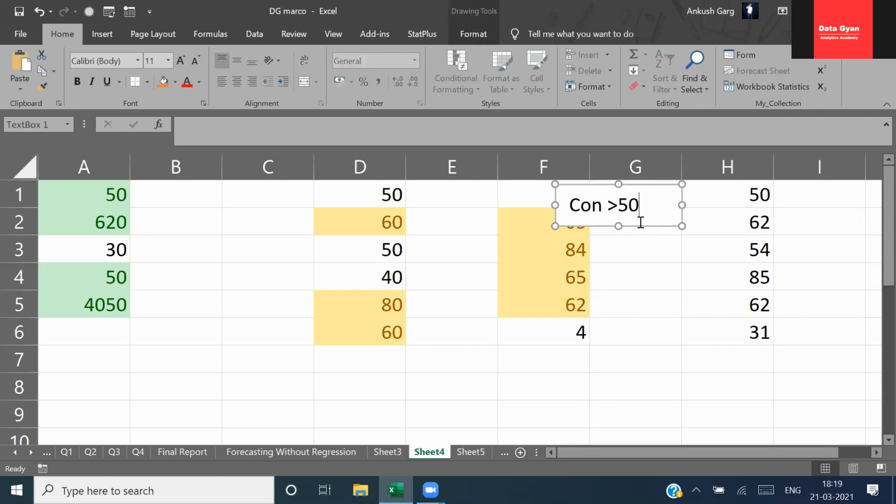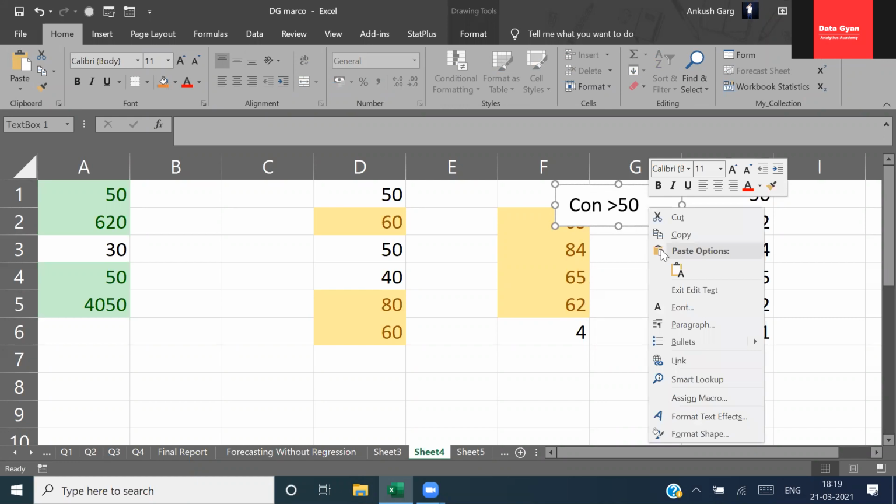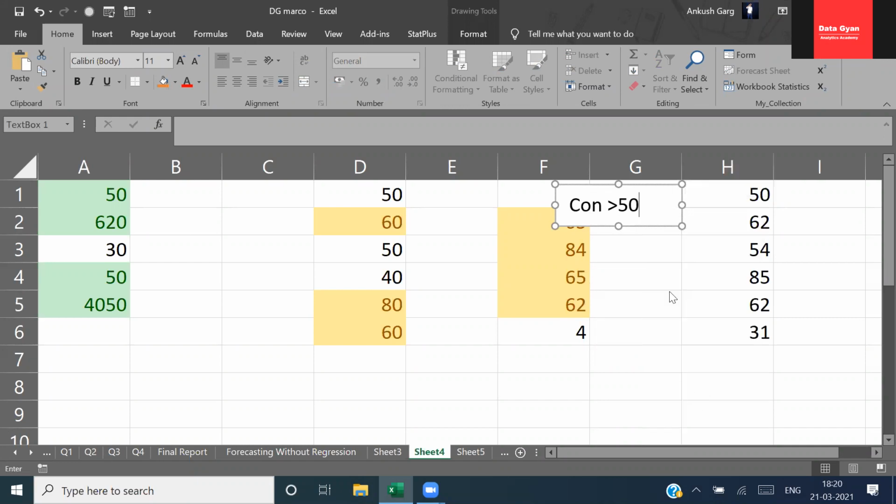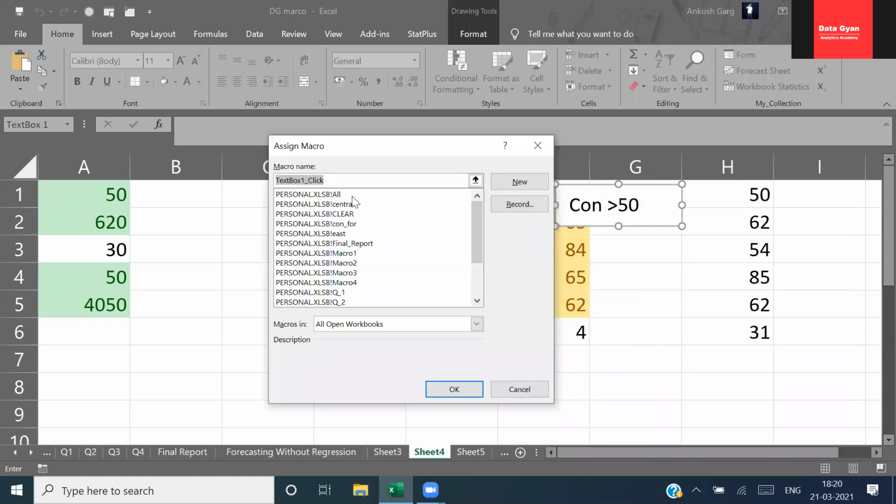What we need to do is assign a macro to this button. Just right click on the box, and you can see we have an option, Assign Macro. Click on it, and the Assign Macro tab opens, with similar options to the View Macros window.